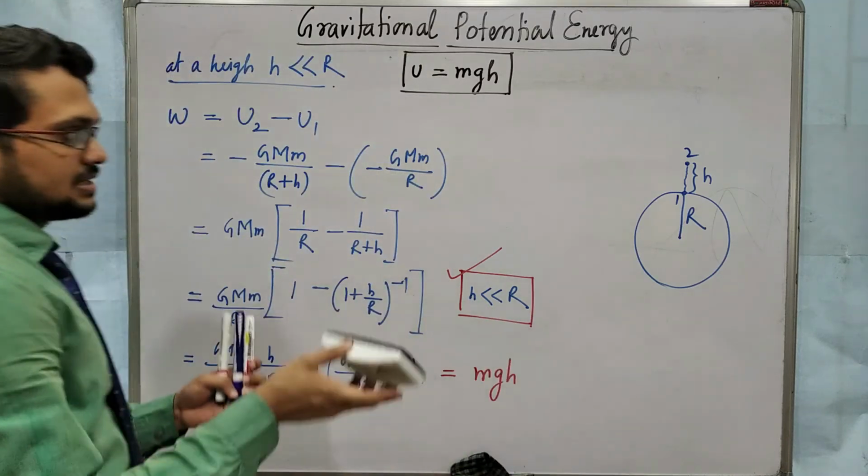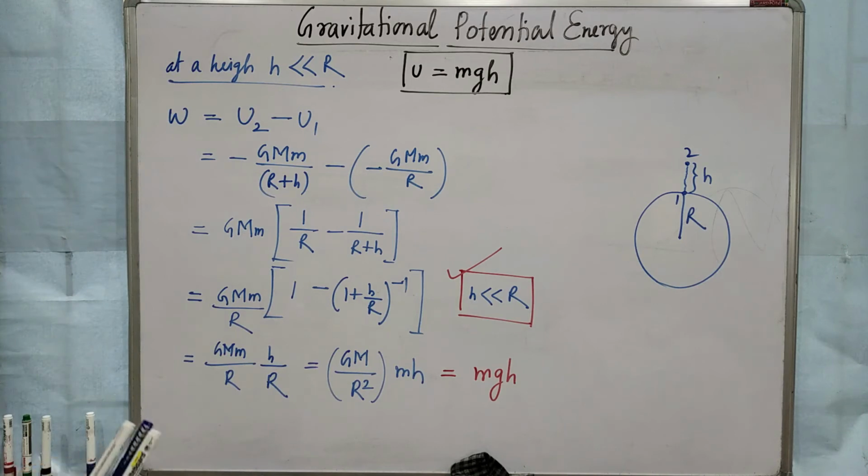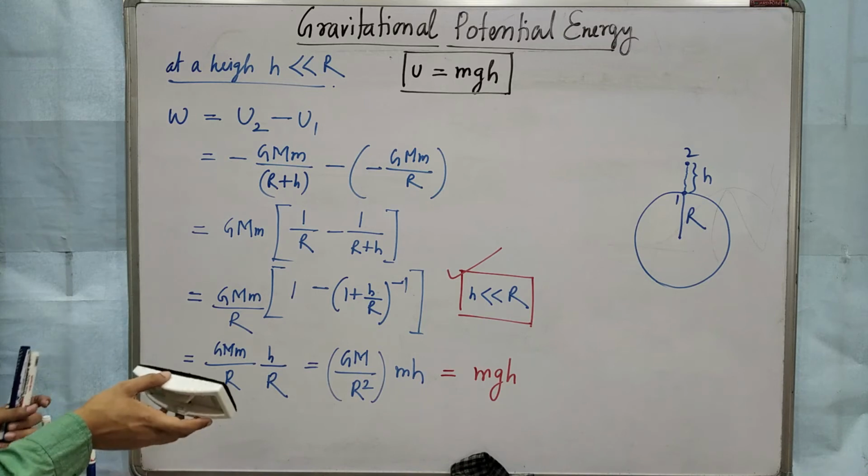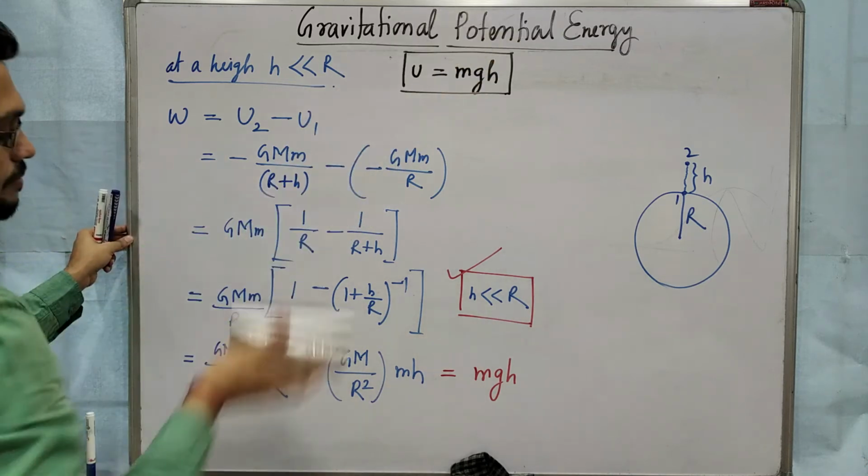So now, these are all the formulas for a two-object system: gravitational potential energy, gravitational force. All are for a two-object system. If there are more than two objects, then how will you find the potential energy of that system? So let us come to that point now. That is also very important.